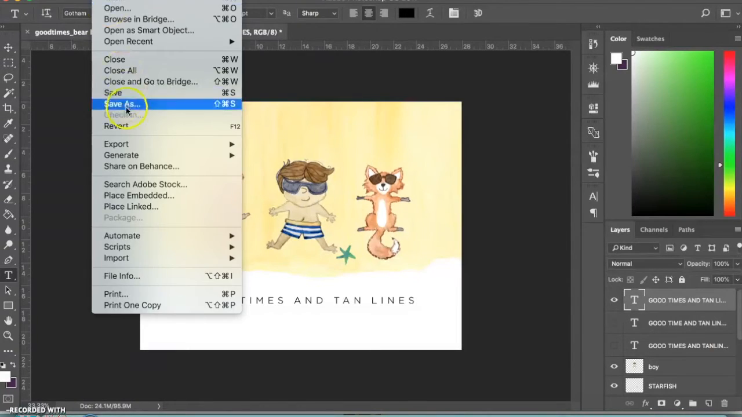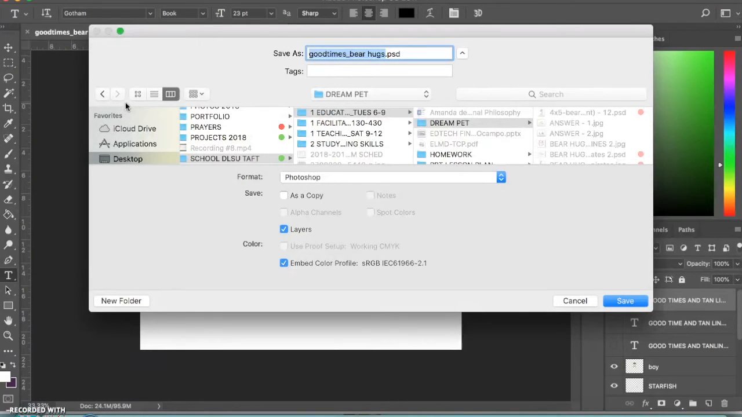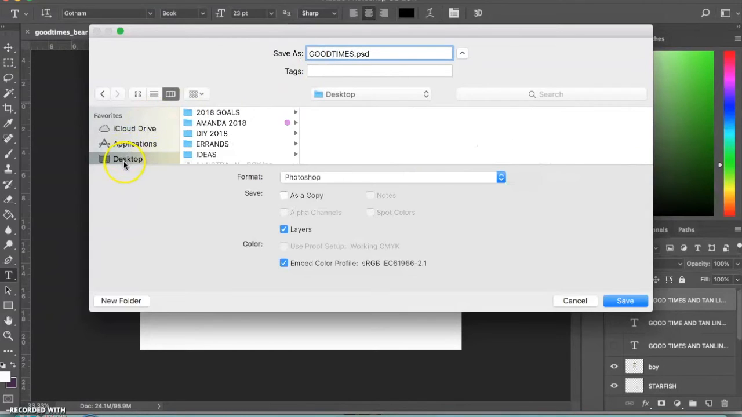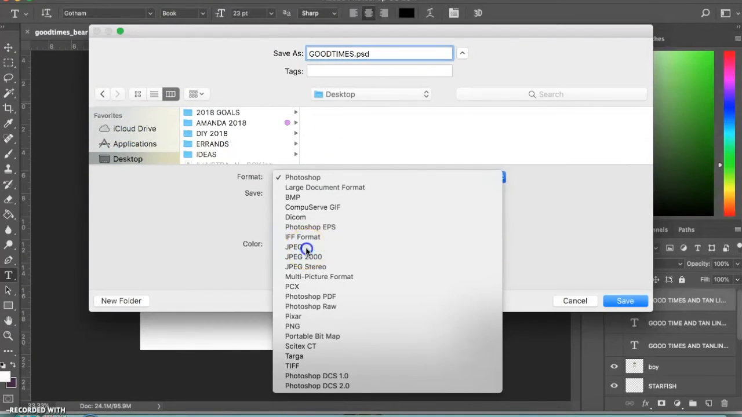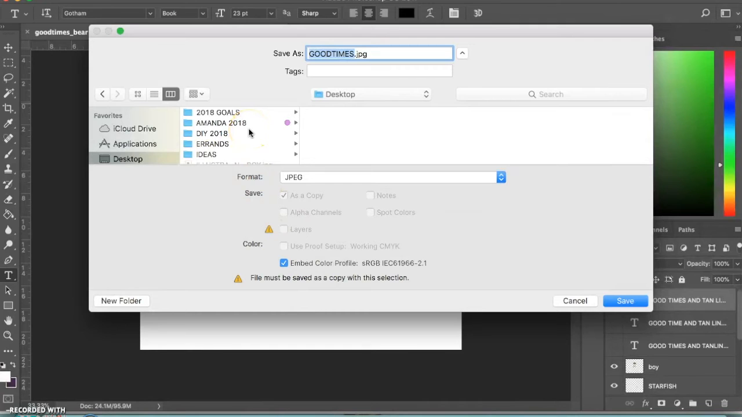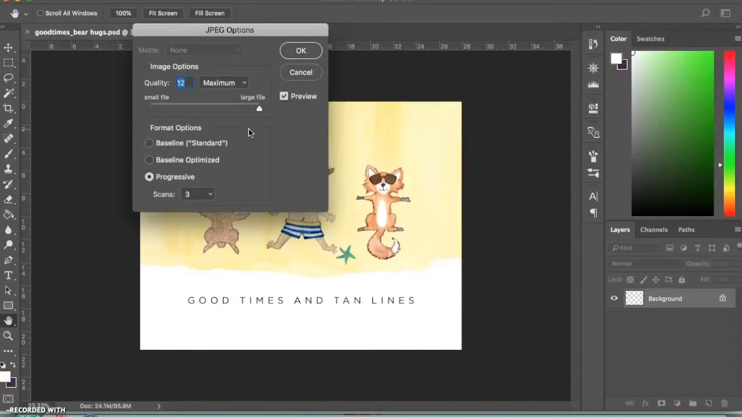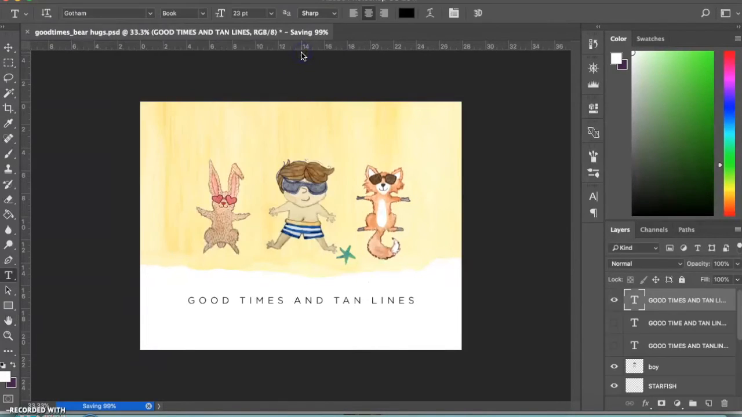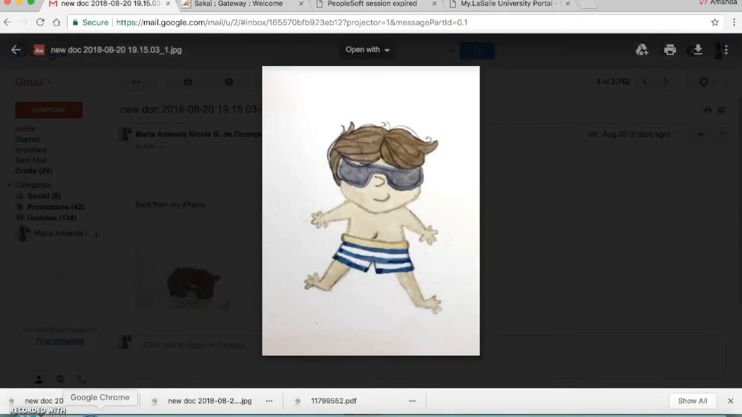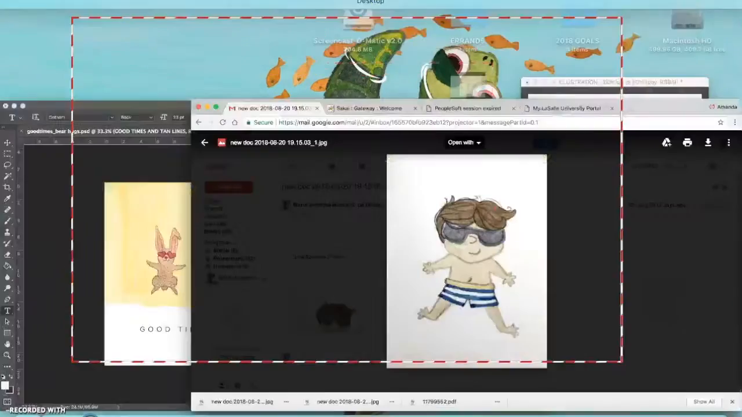Click File, Save As. We could save it as Good Times. Save it on your desktop so you could see it. The moment you see it, you could sort it in your folders. So save it as JPEG. Okay. Maximum quality 12. That's all good. Okay. Then we can start saving it and posting it in